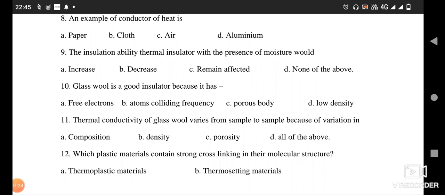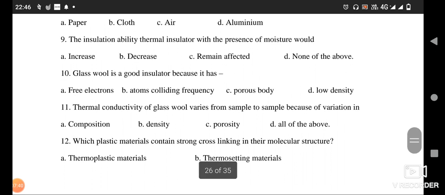Okay, I think this question you can understand. जो इंसुलेशन एबिलिटी होती है थर्मल इंसुलेटर्स की, थर्मल इंसुलेटर्स यानी कि ऐसे सब्सटेंसेस जिनके अंदर से हीट फ्लो नहीं हो सकती है, तो उनकी इंसुलेशन एबिलिटी पर प्रेजेंस ऑफ मॉइस्चर से क्या परिणाम होता है, इंक्रीज होगी, डिक्रीज होगी, या फिर इट विल रिमेन अनअफेक्टेड।